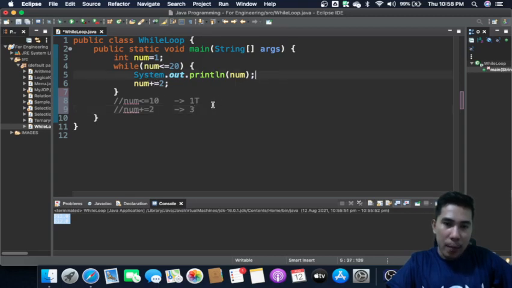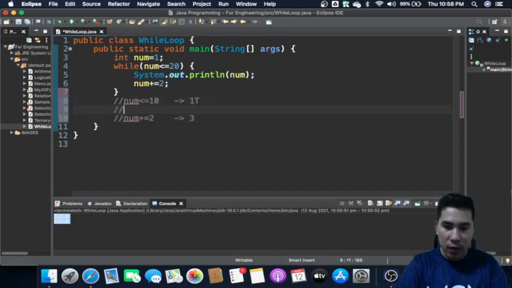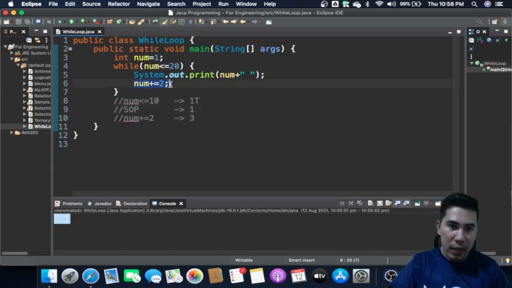But it should be displayed first, displayed here, no? So System.out.print, it displays first the 1. When this one is true, it displays 1. And then the value now becomes 1 plus 2, which is 3.